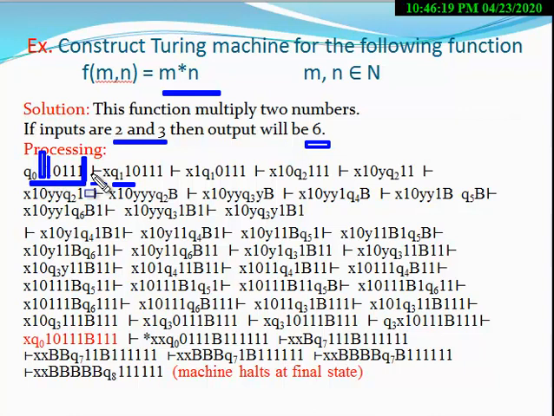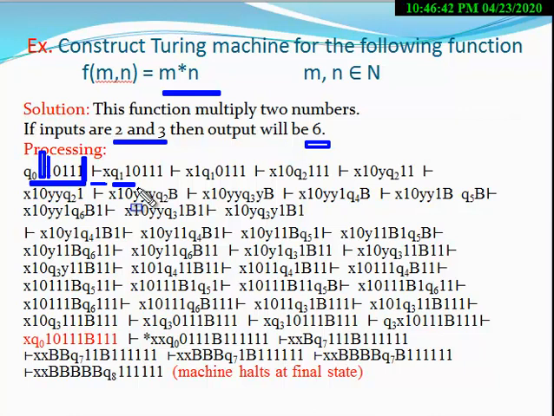Therefore machine move the right side and also remove all these ones from here. So when all these ones are removed from here, then the total number of 1 becomes 6. The 3 here, 3 here. That is 3 plus 3 becomes 6. So in this situation, machine will move in the final state. Right. So this is the logic.